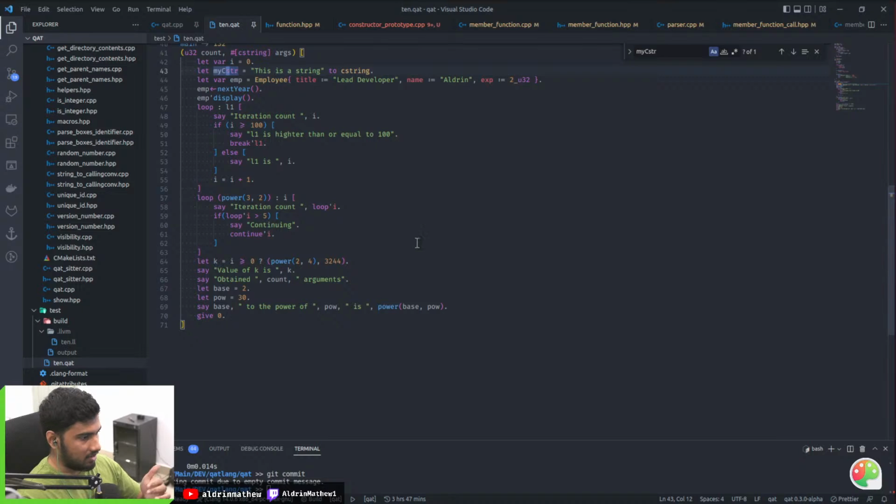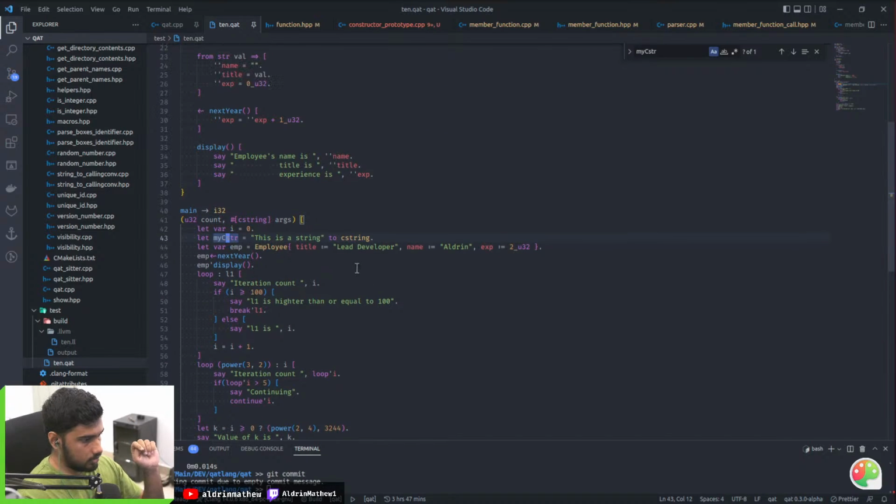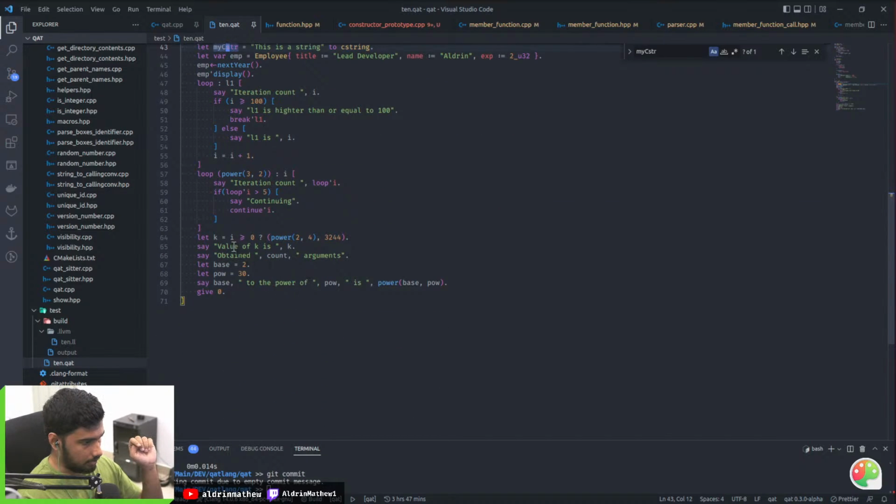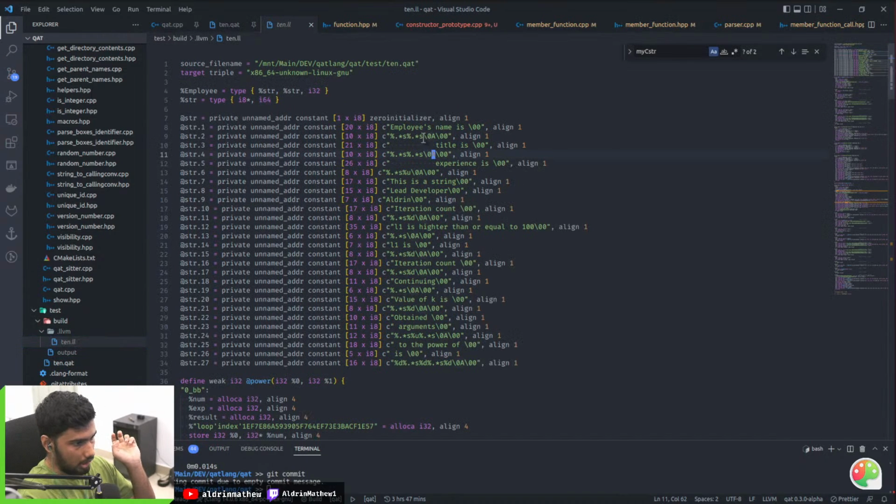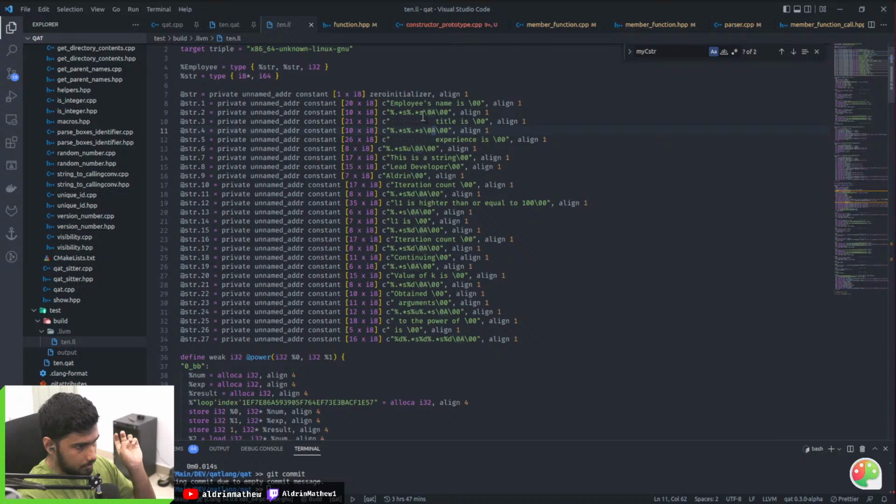So there are some advantages to using this. Imagine, when I provide a string here, instead of using this string as a C string, the length of the data is also provided to the formatting string. If I go back to 10.ll and scroll up, you can see that this is the formatting you use when you already know the length of the data.